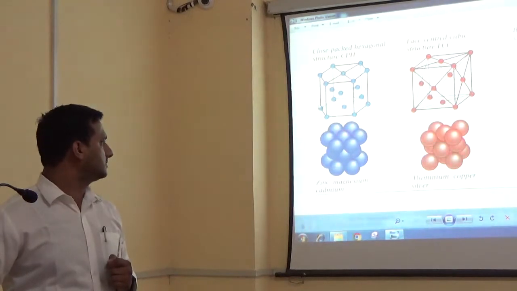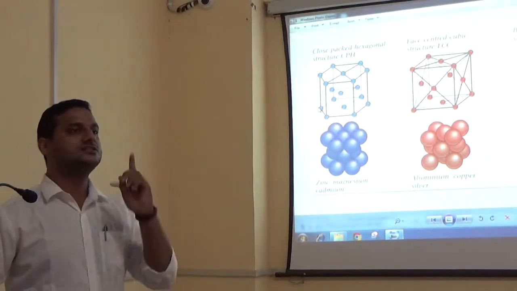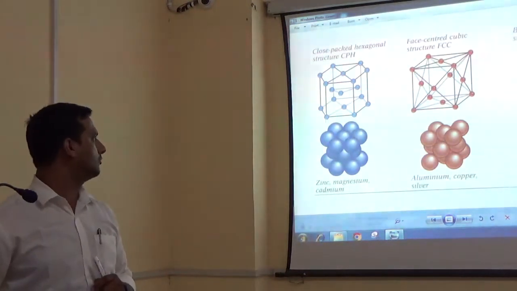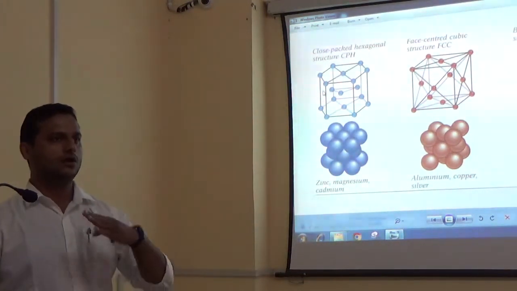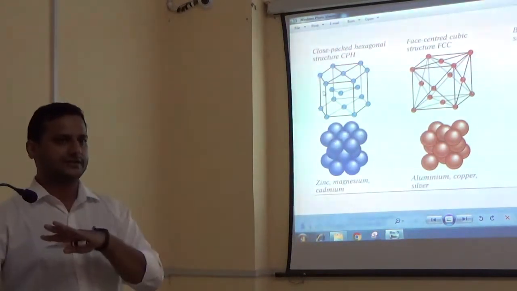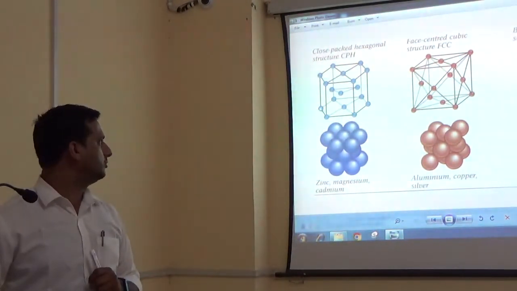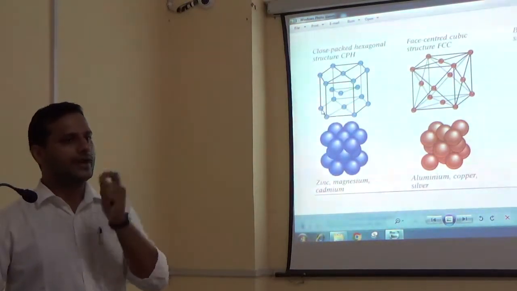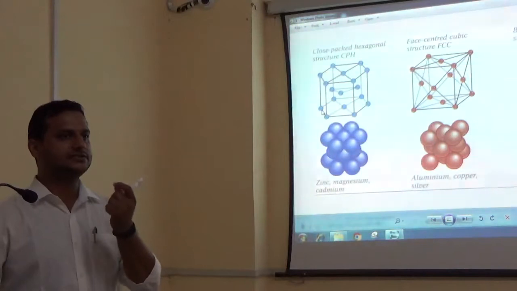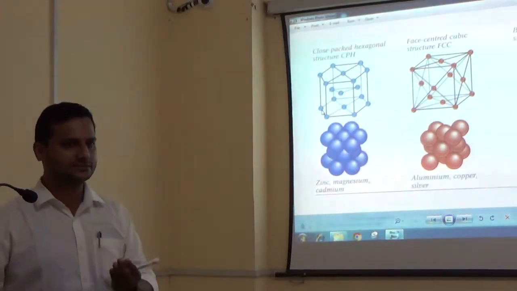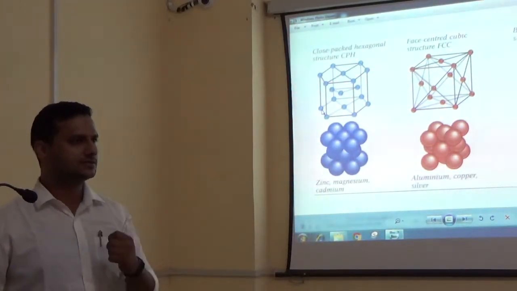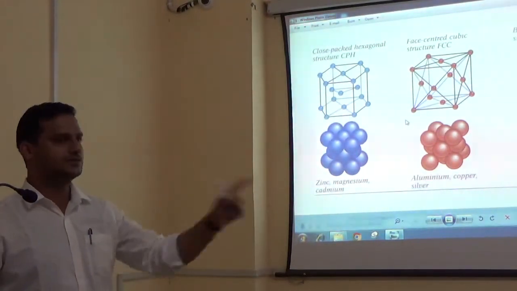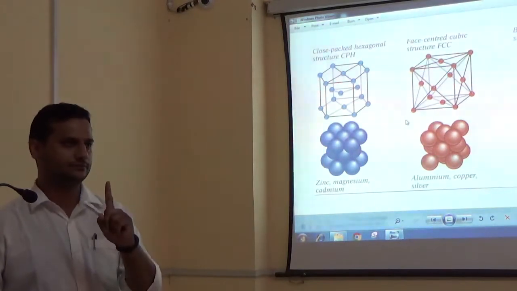So this single atom is shared by 6 unit cells. One in this direction, one is itself, one is lower, one is upper, and one each on the opposite and the front side. So a total of 6 unit cells share this single atom. Okay. So the amount of the atom that is occupied by a single unit cell is how much? 1 by 6. 1 by 6. So we have to multiply 6 atoms by 1 by 6 for calculating for a unit cell.